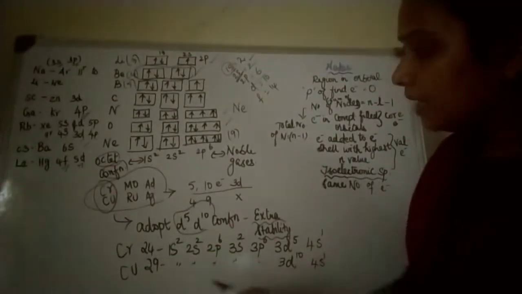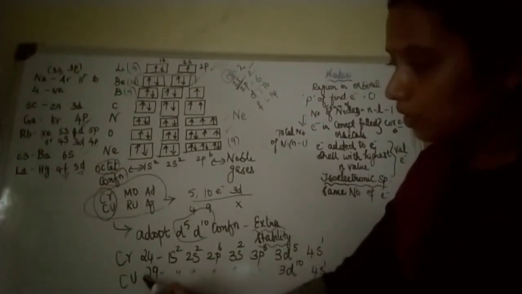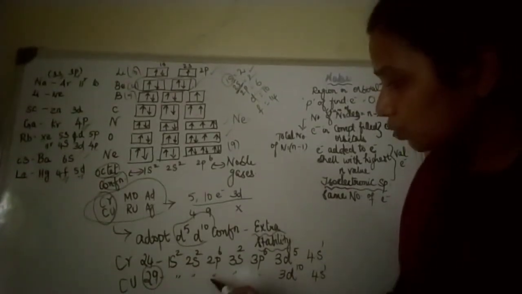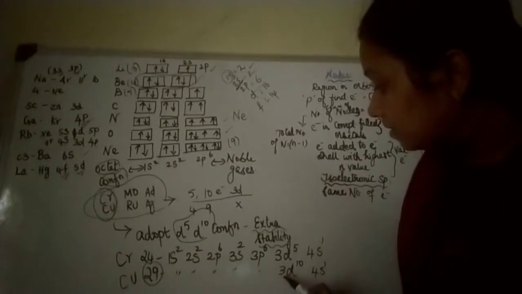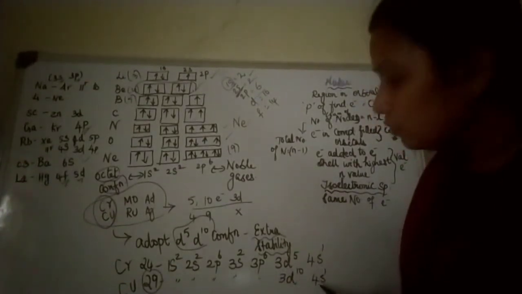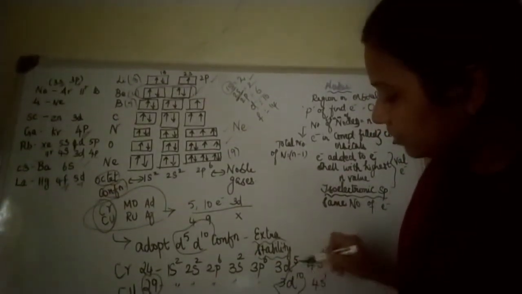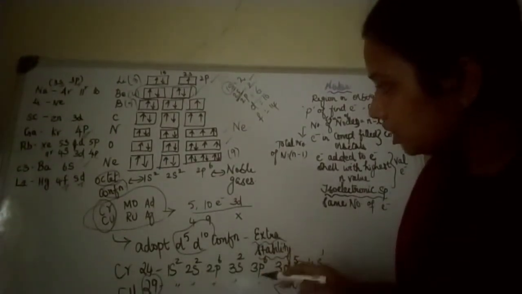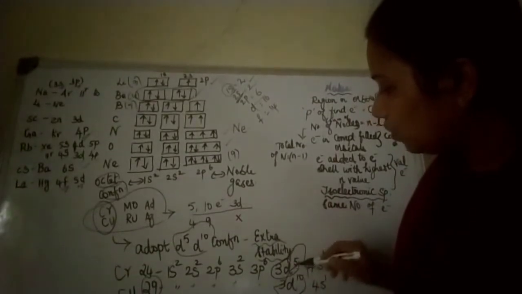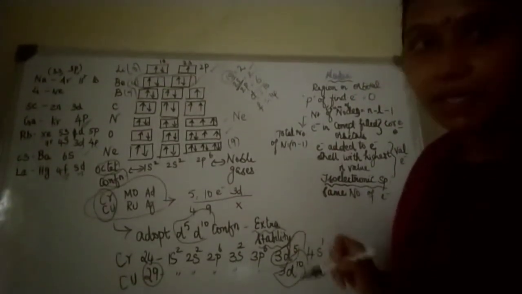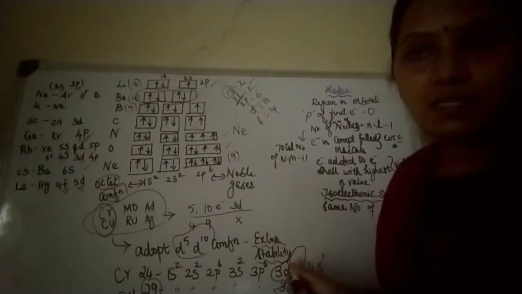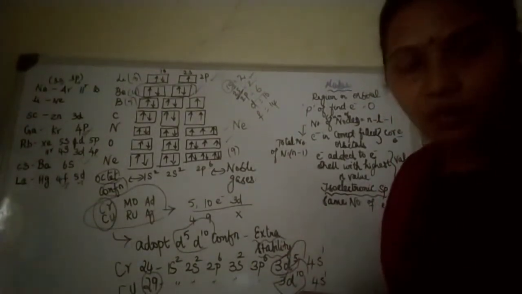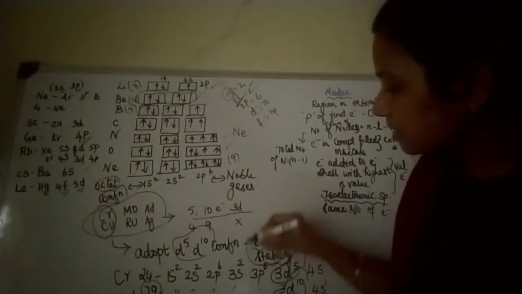This is how. And when you see copper, the atomic number of copper is 29. How to fill them? 1s2, 2s2, 2p6, 3s2, 3p6, 3d10, then it is moving to 4s1. So it has attained 3d10 configuration here, and chromium has attained d5 configuration. Why have they attained this special configuration? Only then will they have extra stability.